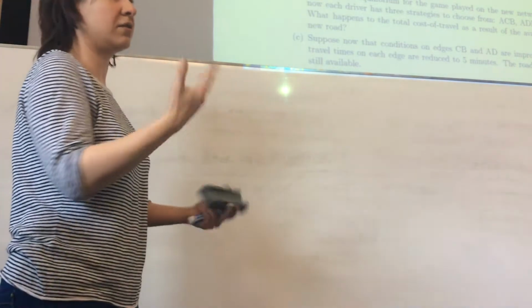And when this cost dropped to 5, then all of a sudden those routes, upper and lower routes, again have become much cheaper than the long one. So all the agents would drop this free road. And if you delete it after that, that does not change anything. They still would stay with the same equilibrium. I think most of you have done that. Any questions on the first one?